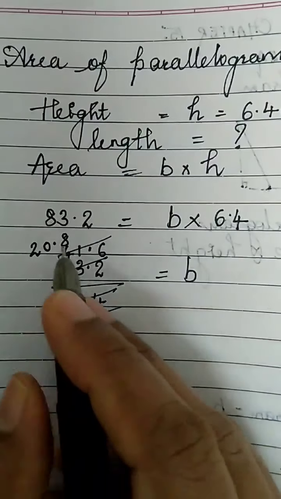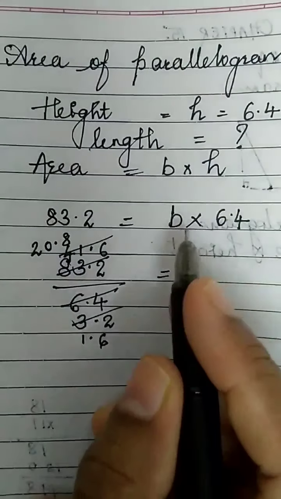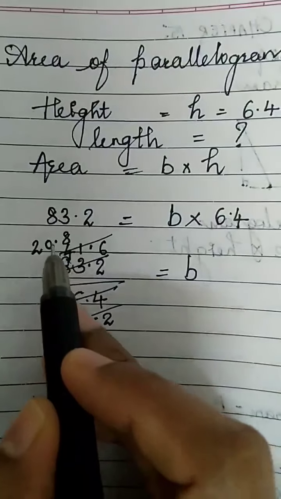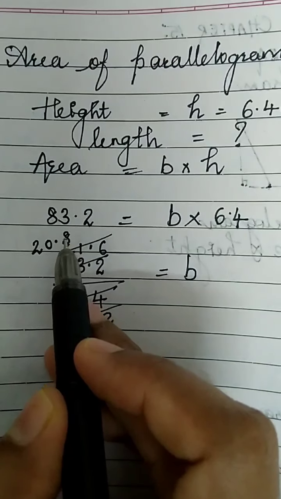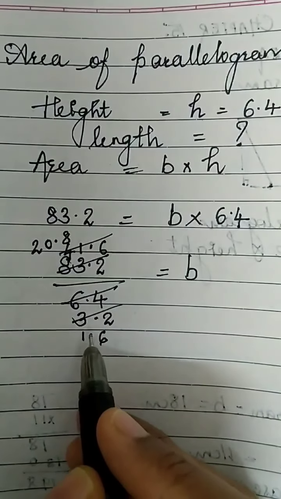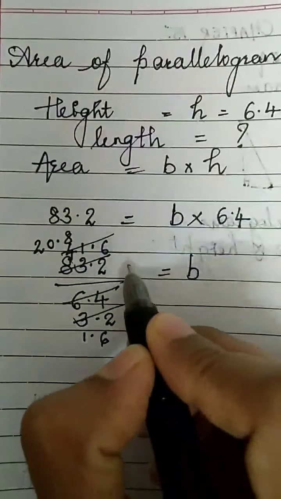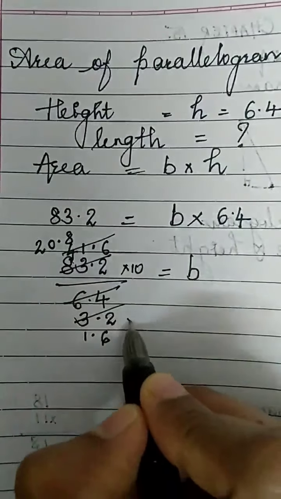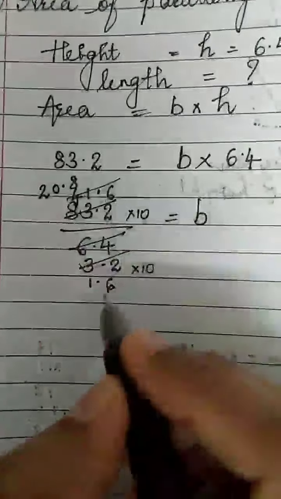If you want you can multiply by 10 and remove the decimal point. What I said, after decimal point 1 digit, denominator also after decimal point 1 digit. So up and down you can multiply by 10, multiply by 10. So what you get is